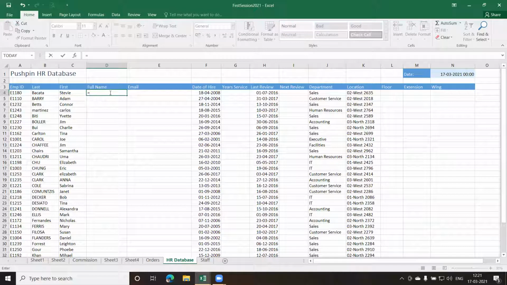Okay. So I give equal to, I select the last name first. And I can give the ampersand sign, and then the first name. But before that, I need to give a space here. So I give a space, again an ampersand sign, and select the first name.